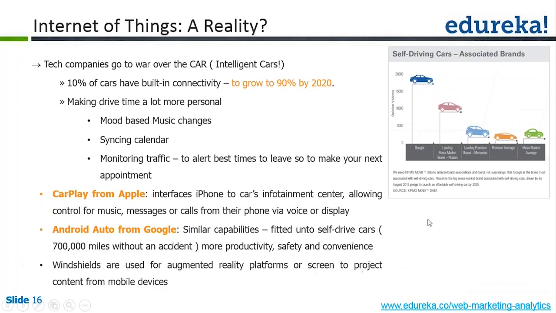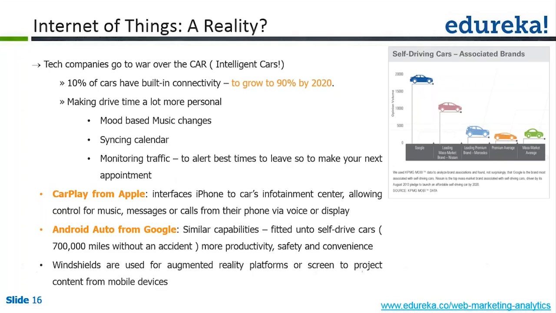If you look at the top right screen here, which is more of a positioning map, it's a survey taken on customers asked about their brand recall for self-driving cars, right? What is the brand recall for self-driving cars? It's no surprise that Google came up on top in terms of being the most popular brand associated with the term driverless cars. People have termed it Google cars itself, in spite of the fact that a lot of these traditional premium and mass market brands are manufacturing self-driving cars as well. So the point here is